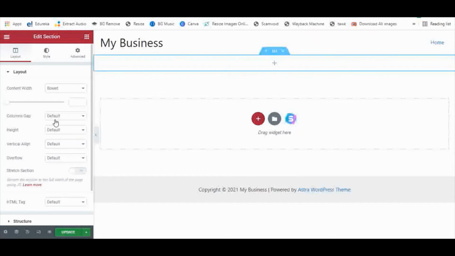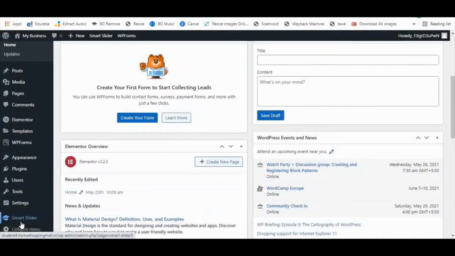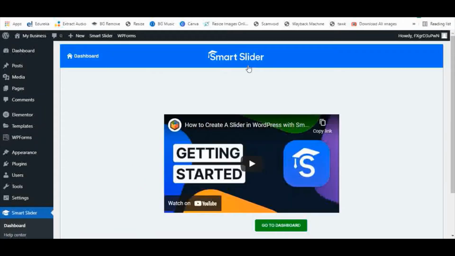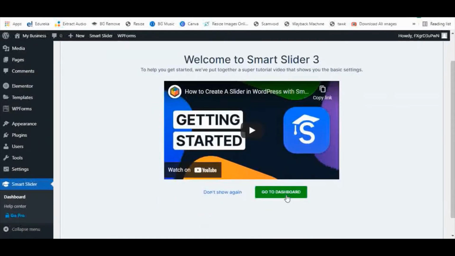So this is the section, and update the page. Let us go back to the WP admin here, and on the dashboard you will see the Smart Slider tab. So here you need to go to the dashboard. So inside you will see the Smart Slider 3 video again. So go to the dashboard here,